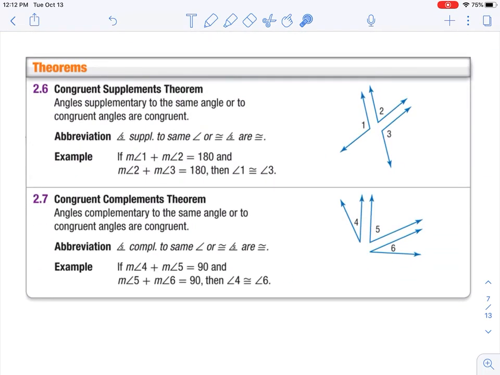All right. A few others here. We have the congruent supplements theorem. This states angles supplementary to the same angle or to congruent angles are congruent. So we have here